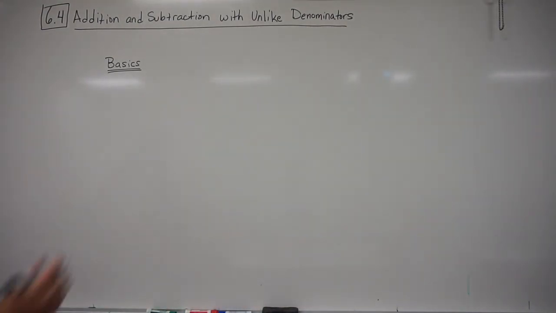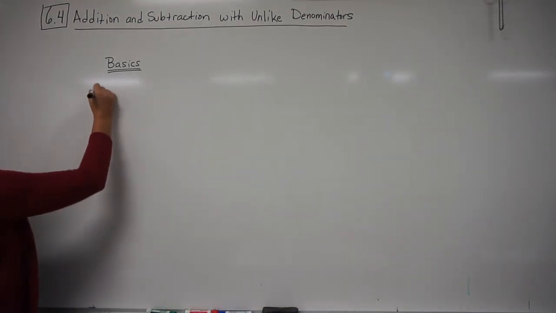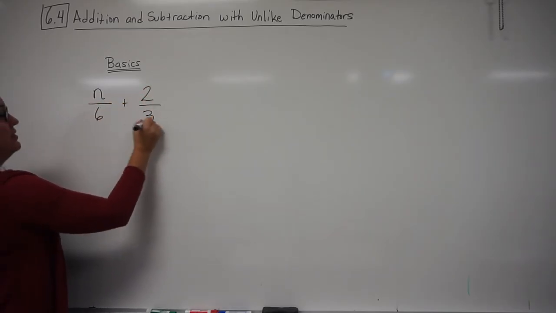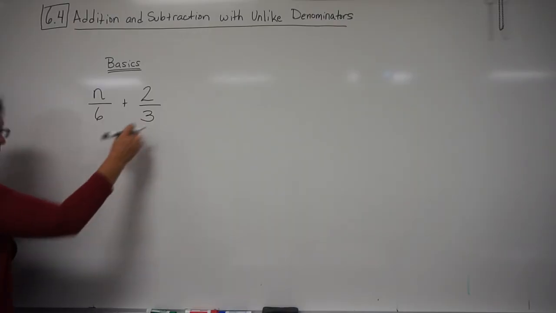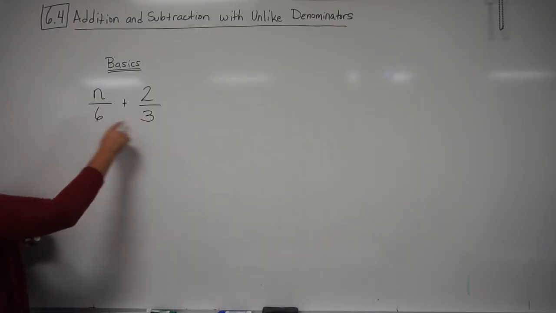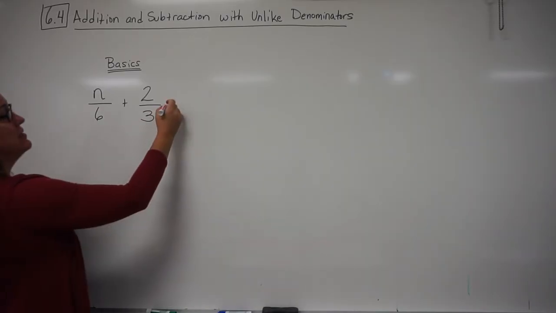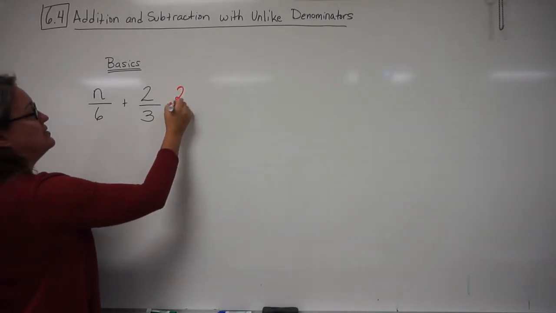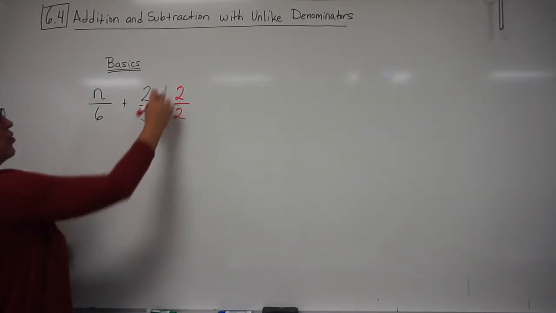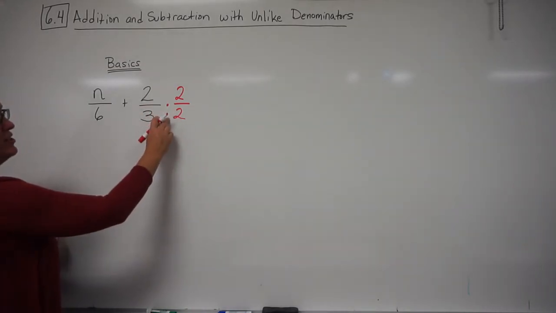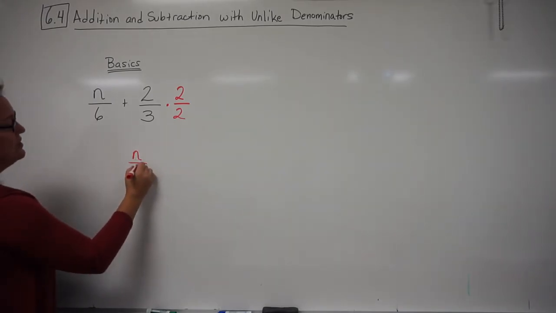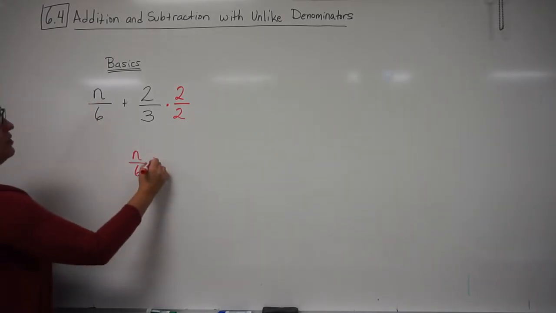So our next example is going to be n over 6 plus 2/3. We're adding fractions, but the denominators don't match. In this case, 3 will go into 6. So our least common denominator is going to be 6. In order to get that, I multiply by 2 over 2. This gives us n over 6 plus